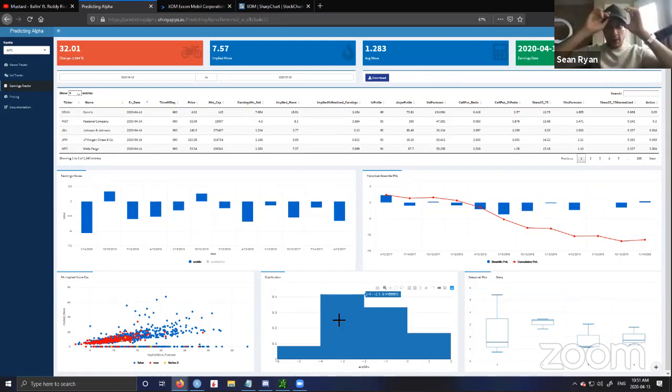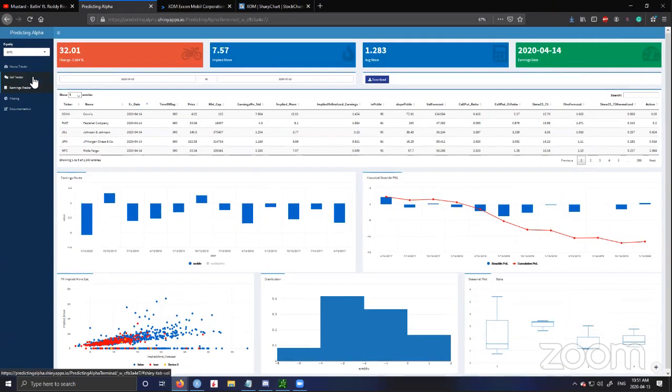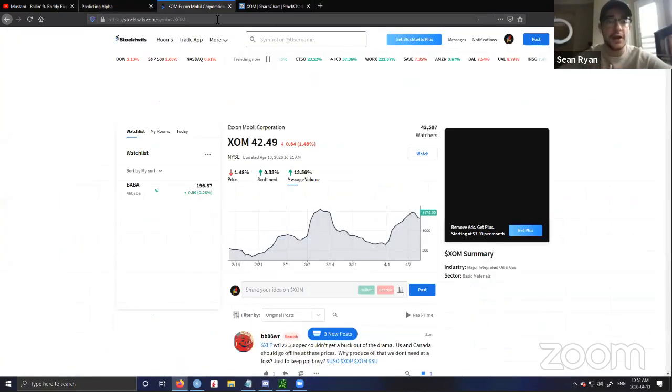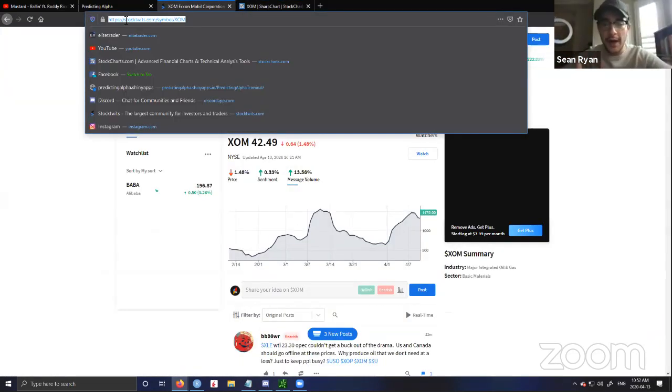Exactly. So let's look at one more thing here. Now that we found this inefficiency, and we've been in this game for a while, so we know that this is just something absurd. But let's say you wanted to go a level deeper. Something that we recommend to all the traders we work with, and something we typically do ourselves all the time, is we'll try to look at why implied volatility is high. So before we put any sort of recommendation to anyone to take this trade, Jordan, you want to take a second and look at maybe what the analyst opinions are, to help us understand why this volatility is so high?